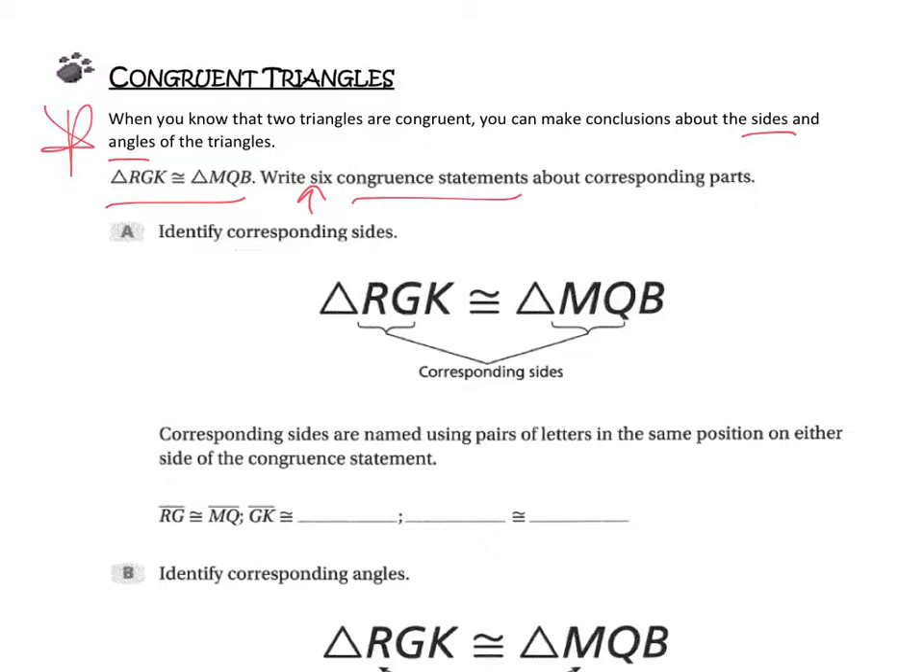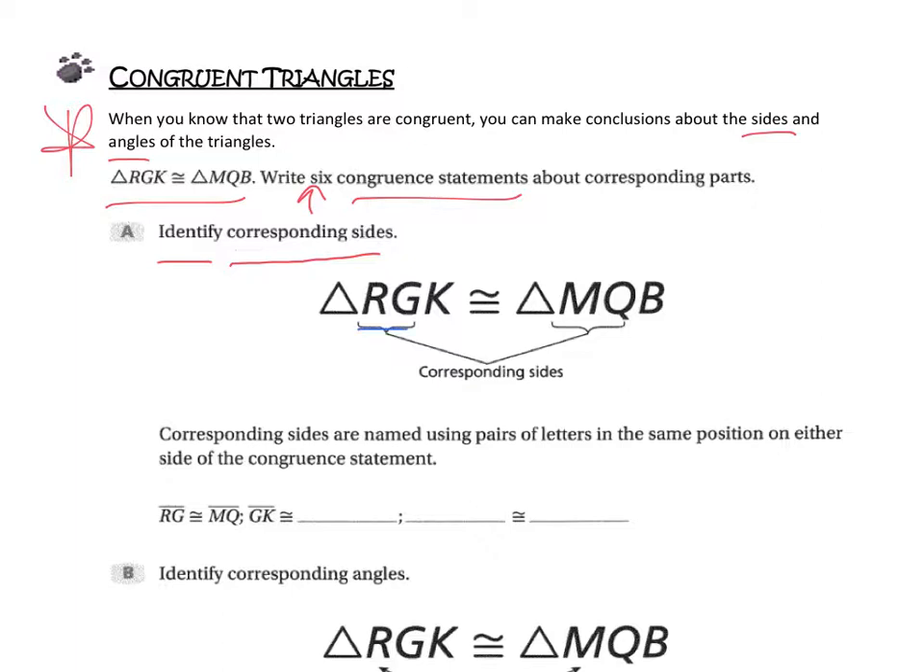Congruent statements are, for instance, angle A is congruent to angle B. Those are congruent statements. So the first thing we're going to talk about is identifying corresponding sides. We can't just randomly list two triangles as being congruent. The order that the letters are in tells us a lot, so we have to make sure that they are corresponding. For instance,